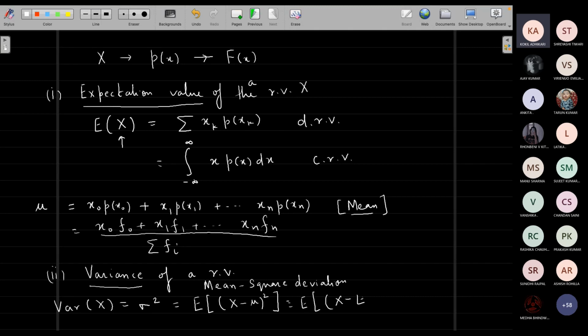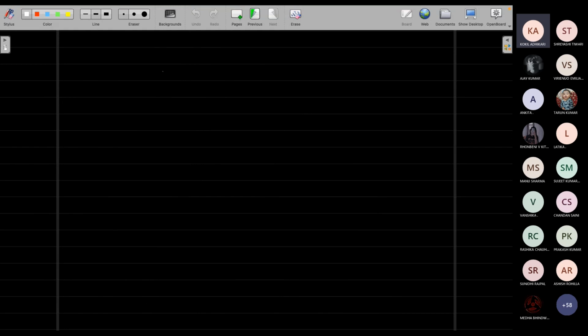Now you can look into it. So I am writing down the formula. Please see that it is taking x minus mu. Mu is defined as the expectation value. So explicitly I have written here also (x minus mu) square, and then take the expectation value. Fine. So when I am saying that I am going to take the expectation value, what will be its definition for the discrete random variable? So let's just write down.